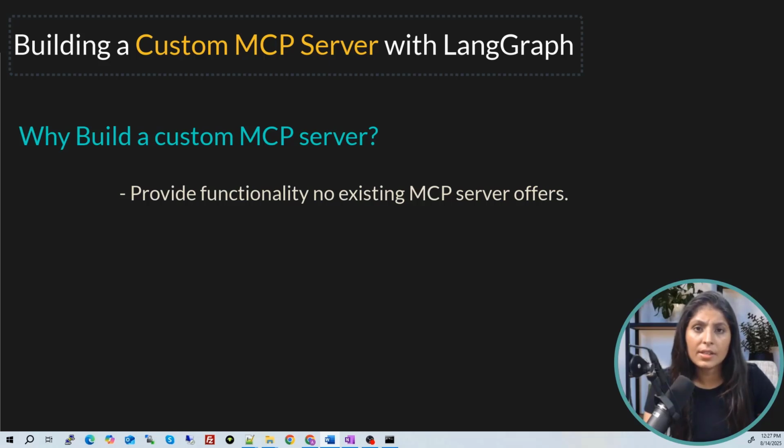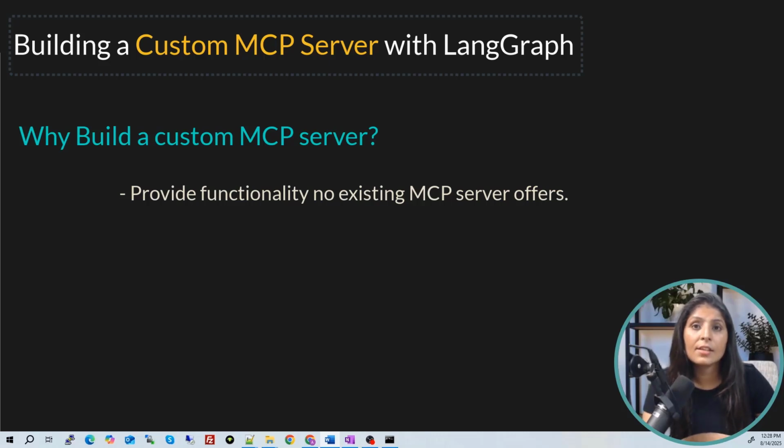Now let's take another example of why we need a custom MCP server. So suppose you have a company and your company has some private information. Let's say you have information like sales records or customer details or research data, or let's say there is a unique, secret algorithm which your company uses, and you don't want to put that on a public server where anybody can use it.